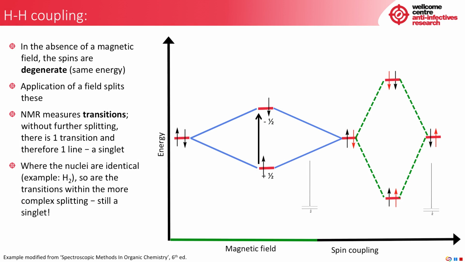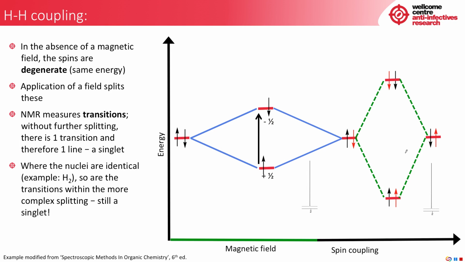So to depict the simplest possible example, coupling within a hydrogen molecule, in the absence of a magnetic field, which we can see here, the spins are degenerate and the energy is the same. Applying a magnetic field splits these. Since NMR measures transitions, there is one transition here, and there's a single line, which is a singlet. So if we then introduce the other atom, so now we have our 2 hydrogen atoms, which is a hydrogen molecule,